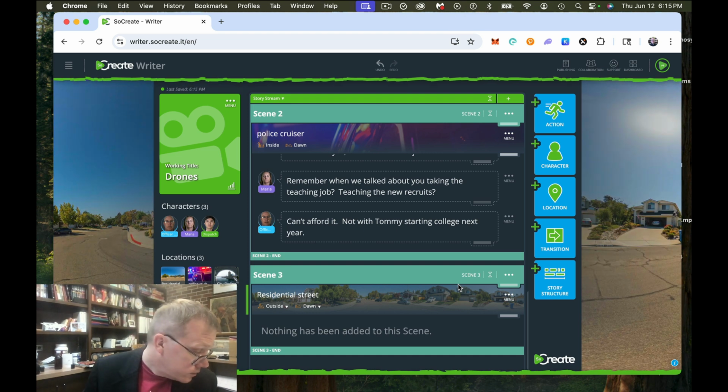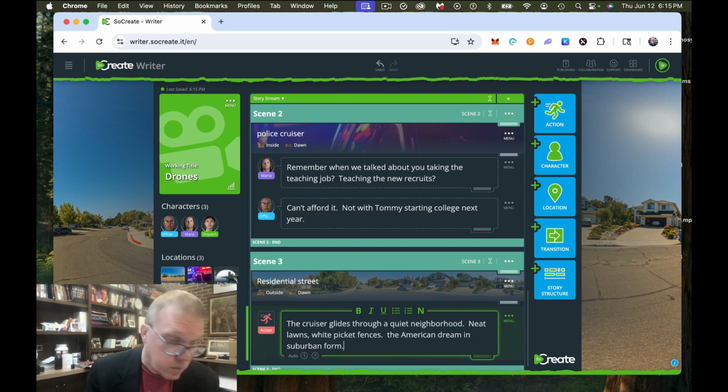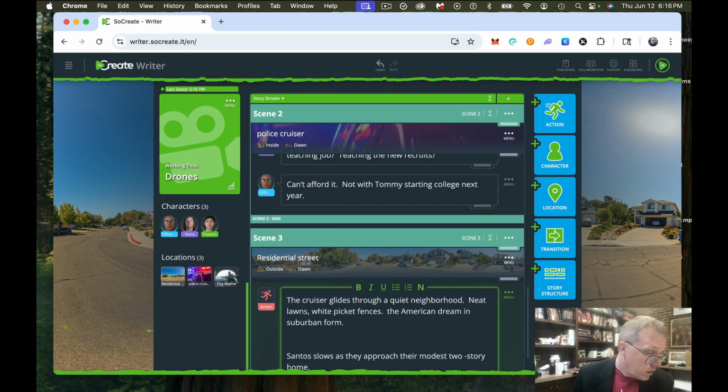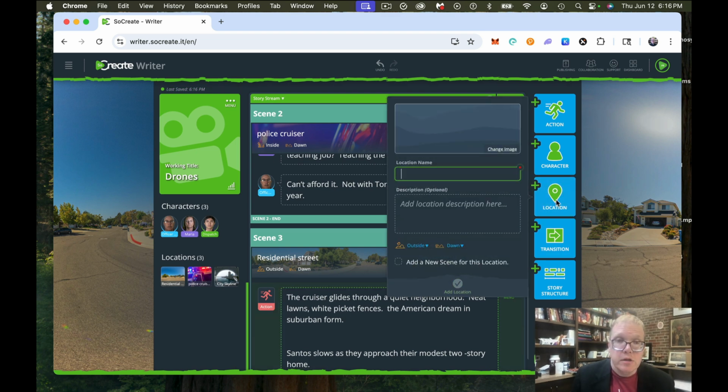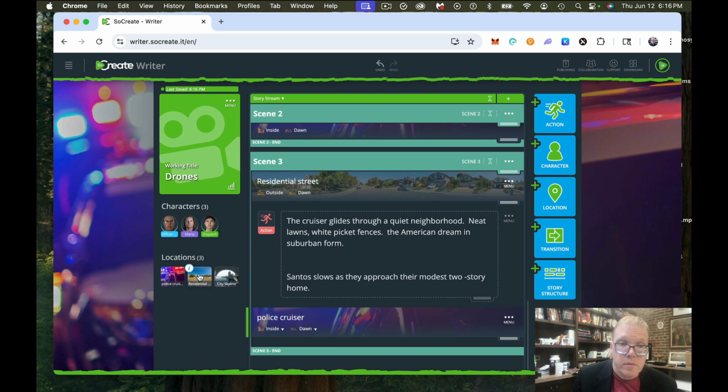And then in this part here, we just add an action. So the action just goes right there. And then for the next scene, we can go back to location. And let's see if it remembers police. So let's see if I can actually, I don't need to do that. I can actually go here and do police cruiser. And say that I want